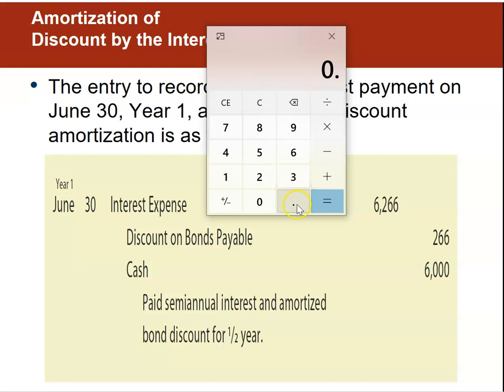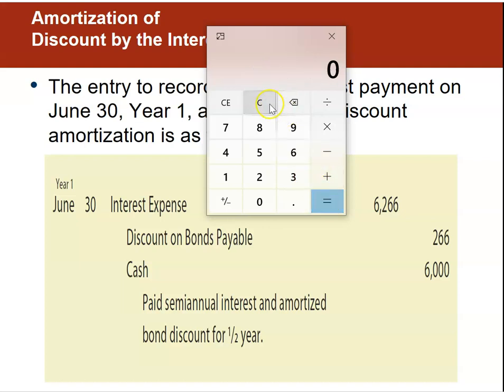But the market rate was 13% divided by 2 is 6.5, again, times that carrying amount, which was, hopefully I can remember,